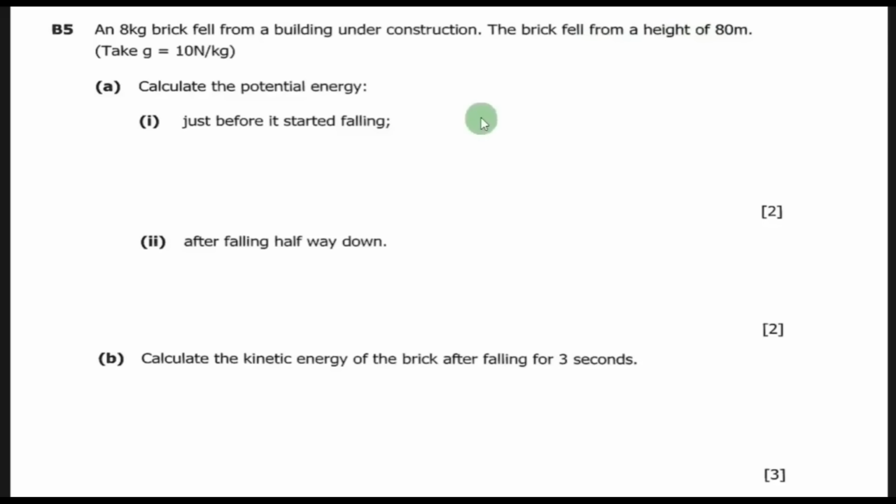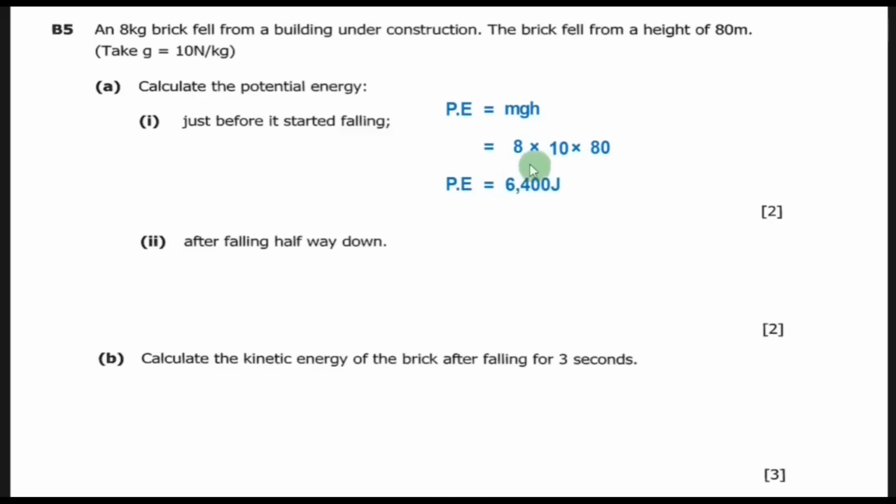The formula for potential energy, PE, is mass times acceleration due to gravity times height. So mass is 8, times acceleration due to gravity, 10, times height, 80. When we multiply this, we are going to get potential energy as